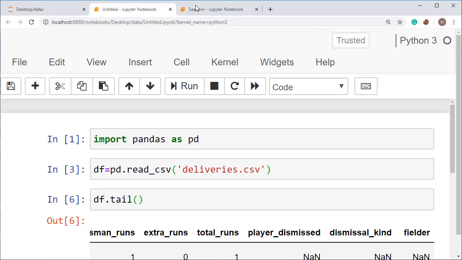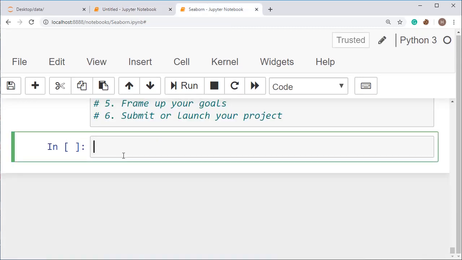We set the goals. If we are working on the IPL dataset, we might want to know how many runs Rohit Sharma has scored in IPL, or how many times Mumbai Indians has won the toss, or how many times Mumbai Indians has won the toss as well as won the match.